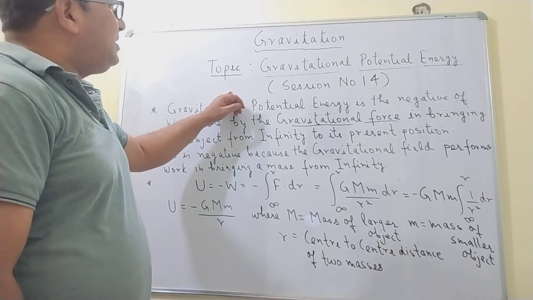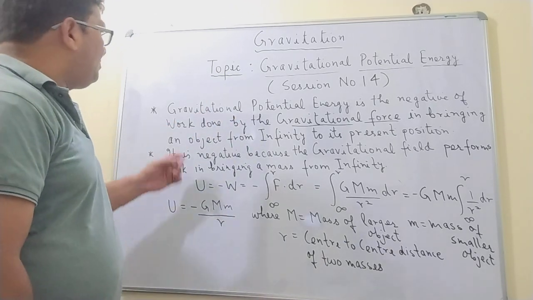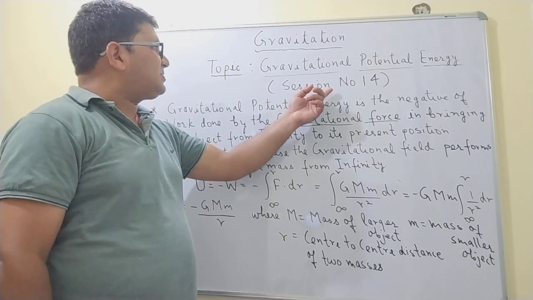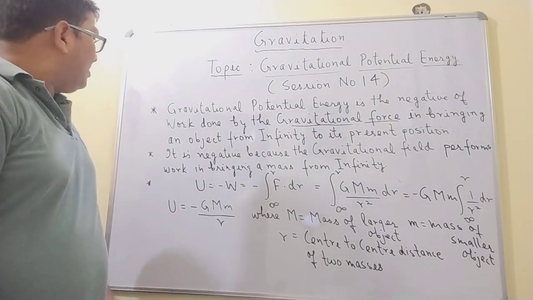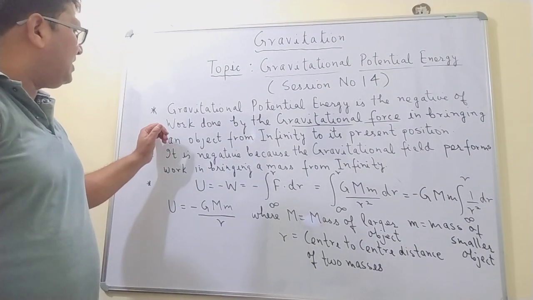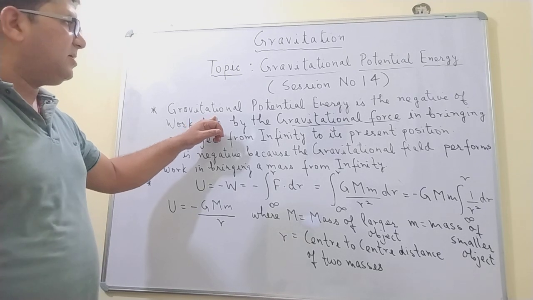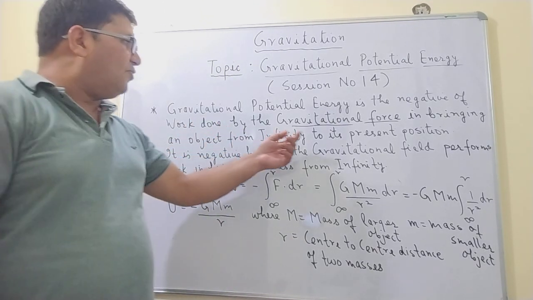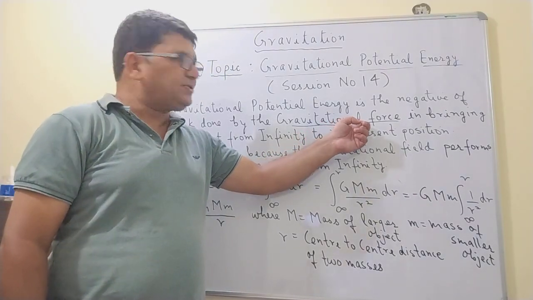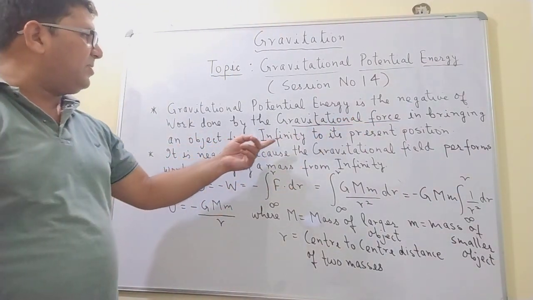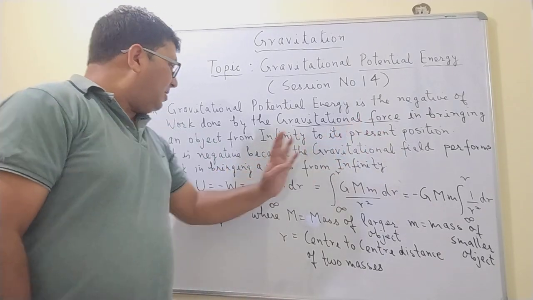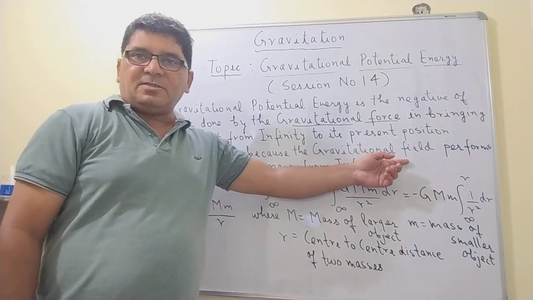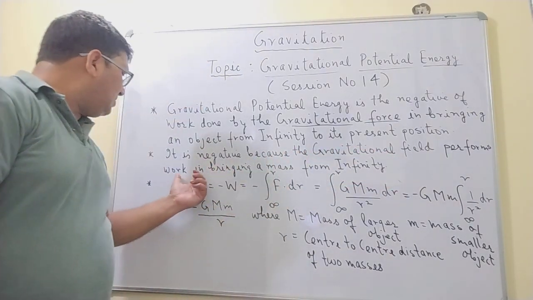The topic is the gravitational potential energy, and based on this topic I have written three important points in order to understand this topic in brief. So the first point is basically the definition of the gravitational potential energy, and it says that the gravitational potential energy is the negative of the work done by the gravitational force in bringing an object from infinity to its present position. Now this gravitational potential energy is negative because the gravitational field is performing the work in bringing a